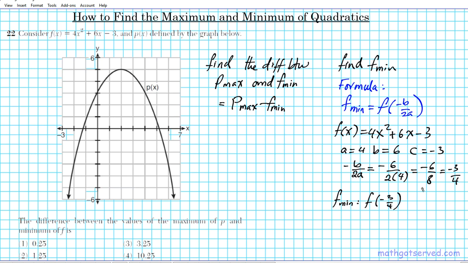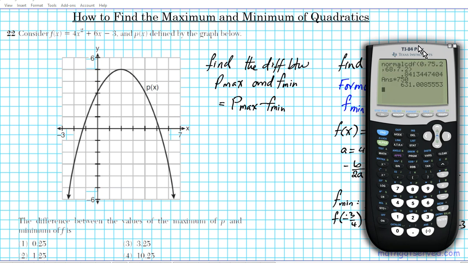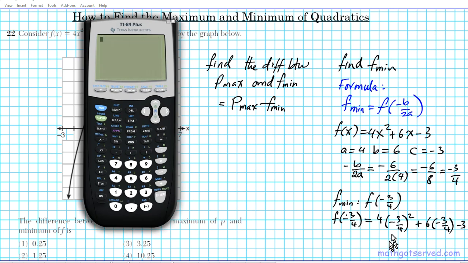So what we're going to do is plug negative 3 over 4 into this function. So f of negative 3 over 4 is 4 times negative 3 over 4 squared plus 6 times negative 3 over 4 minus 3. You can use order of operations to work this out, but since we have the luxury of using a calculator, let's use a calculator. So we have 4x squared, plus